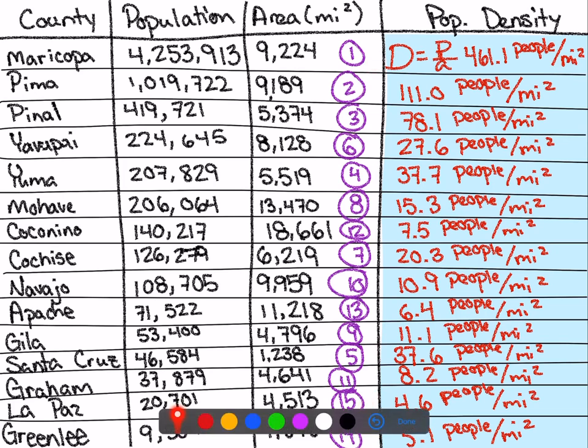Now there are some reasons for this. For instance, where I'm from, Payson. It's in Gila County, where it's 11.1 people per square mile. Payson can't really grow that much, and the reason for that is because it's surrounded by the Tonto National Forest. The Tonto National Forest is